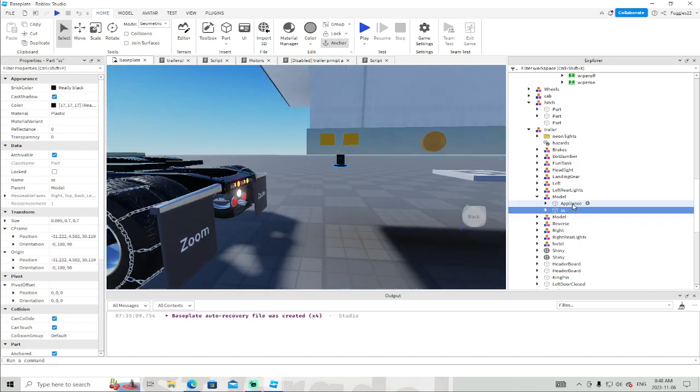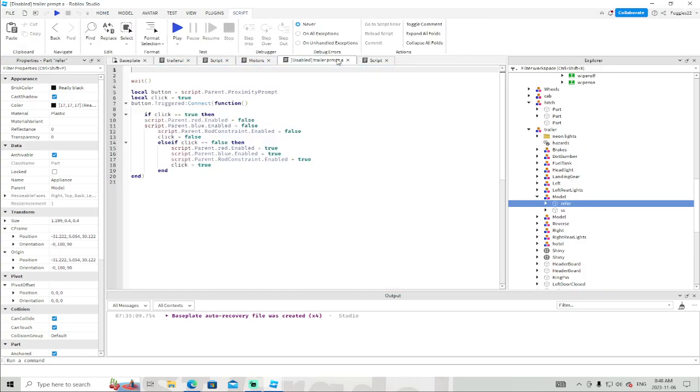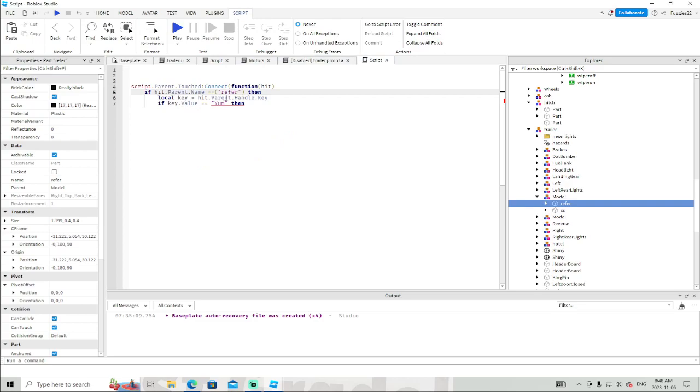Is it SS? Let's take appliance. Okay, we're going to rename this to reefer. All right. So, and then what we want to do, we want to say if